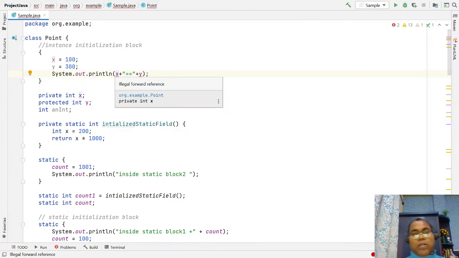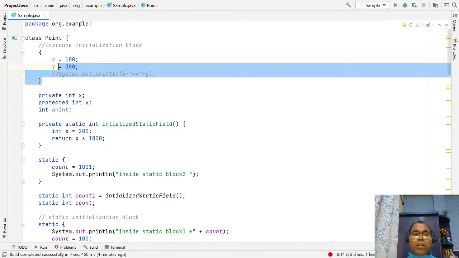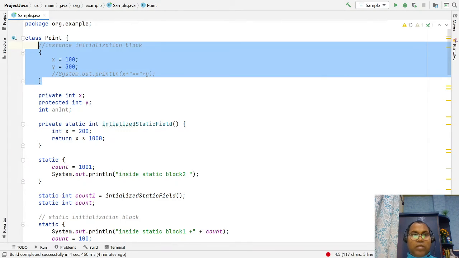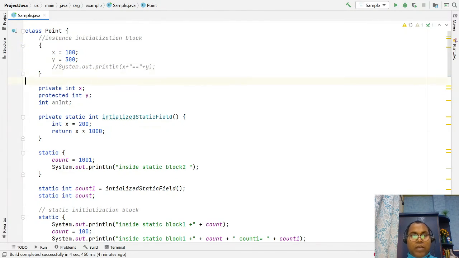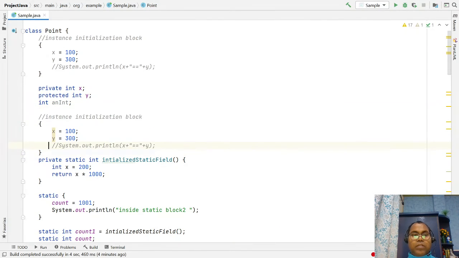So here the meaning is that the x and y variables are declared before using; they should be declared first. So in this block you cannot access them, but if you declare your initialization block after the declarations, it will be accessible. Let's see, here you define 1 1 and here you can access.